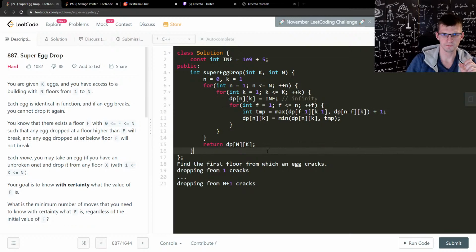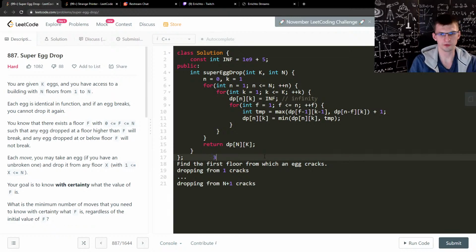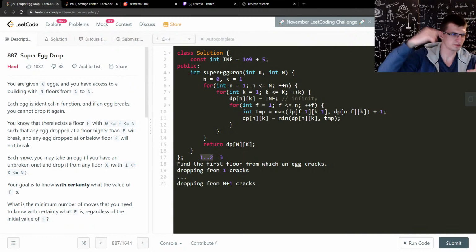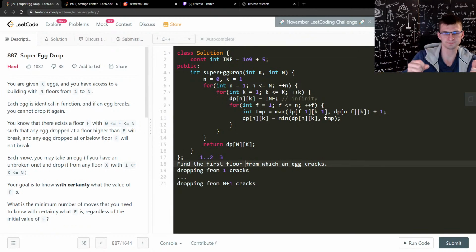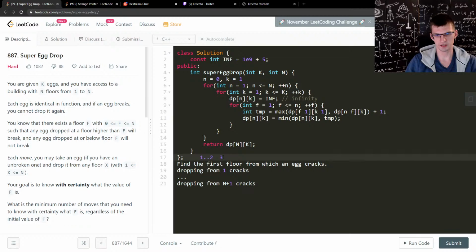Like when you drop from 3 and it cracks, then you move to the interval 1 up to 2, and you know that possibly from none of those floors it cracks. Maybe you need floor 3, so just above. Just like in the general case, you start with the interval from 1 to n, and maybe you need n plus 1 to make an egg crack. But if from 3 it cracks, it's a bit strange to go to 4 up to n, because if from each of those it cracks,